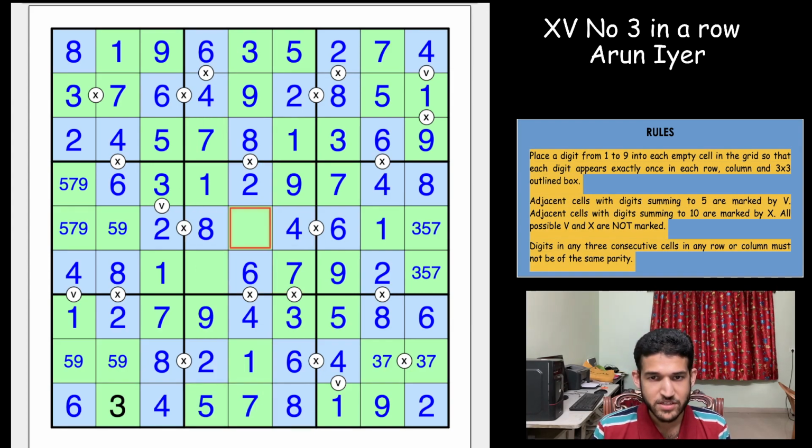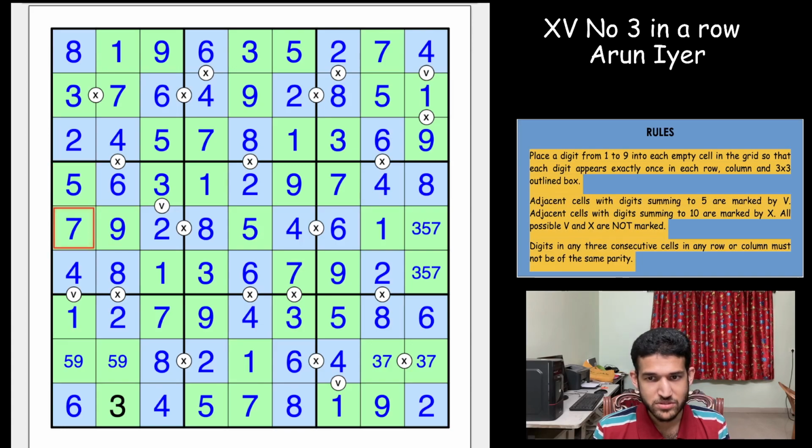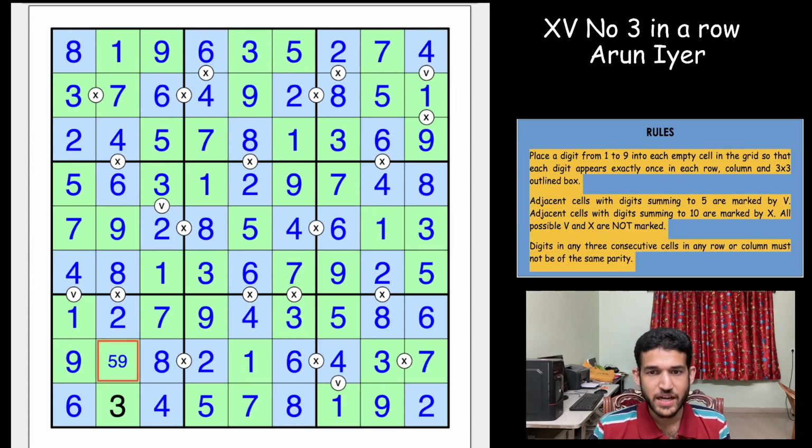So 3 and 5, that's 5, that's 3, and we can quickly race through the digits now. This would be a 3, 5 pair, that is a 5, that is a 3, that gives me a 3 and a 7, and a 9 and a 5. And with that, we have completed this excellent Sudoku